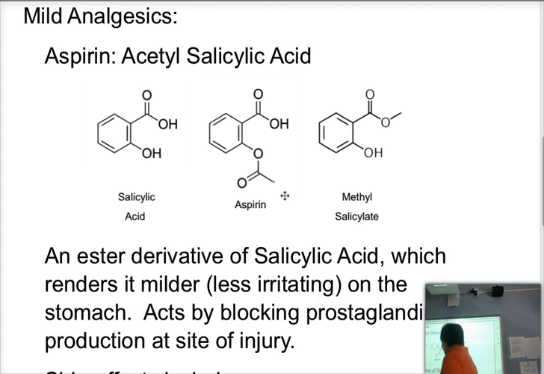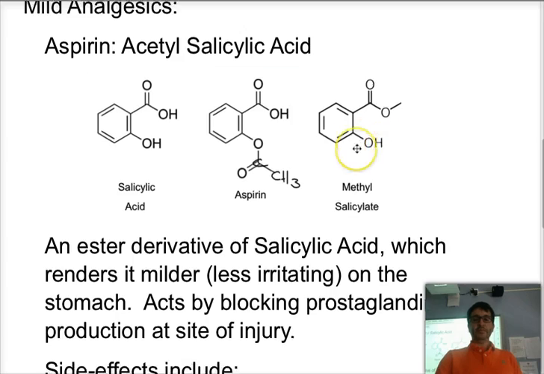If you want to see the structure with all the carbons, it would be a carbon here, and this would be a CH3, and at that particular point, it makes it a lot less acidic, less irritating. You can take it, and it does not irritate your stomach as much, even though it still does that. Once it is absorbed and moves into the small intestine, the alkaline conditions of that will break the ester. You'll reform salicylic acid, which is absorbed by the body and acts as the